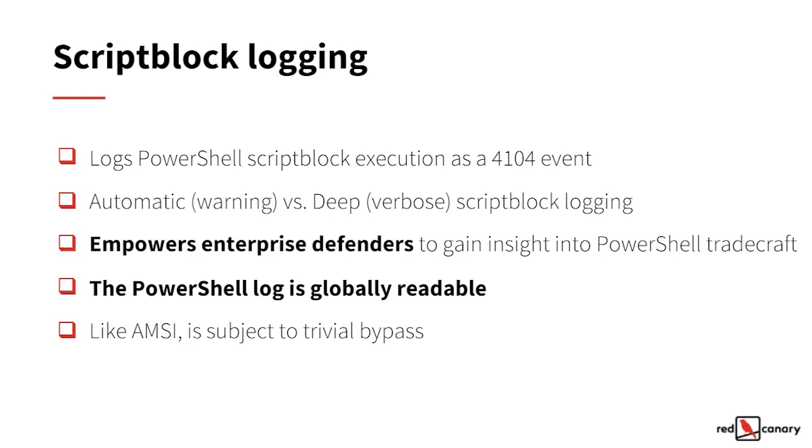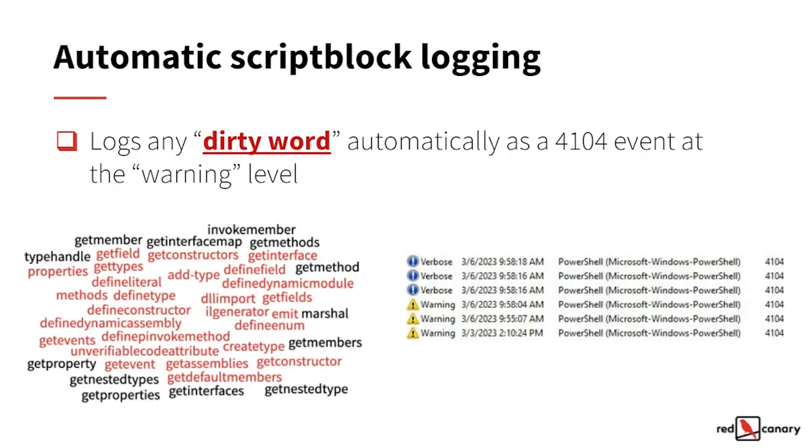So automatic Scriptblock logging. Again, this is on by default, assuming you're running PowerShell version 3 and above. PowerShell itself, and Jamie mentioned PowerShell is not just PowerShell.exe, is all implemented in system.management.automation.dll. That is the core of PowerShell itself. And within that DLL is this list of dirty words. And people like Lee Holmes and the PowerShell team at Microsoft at the time, when they were going through and doing an audit of